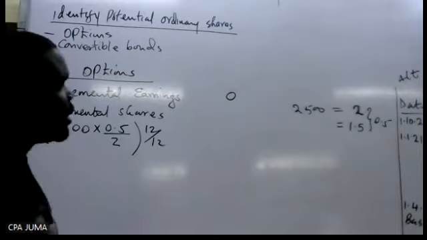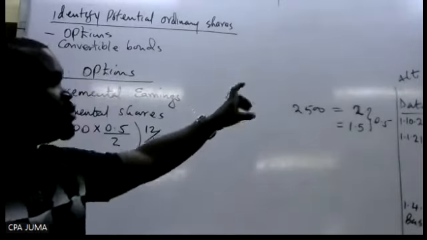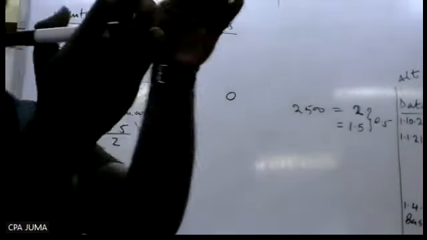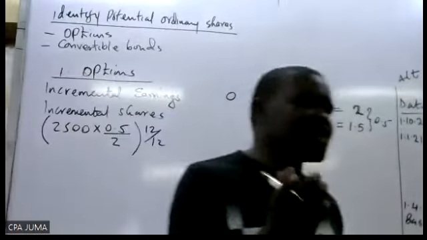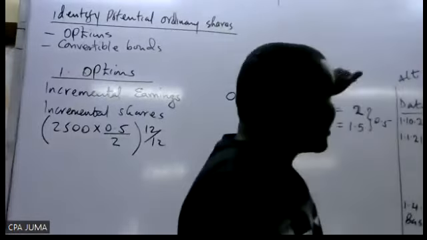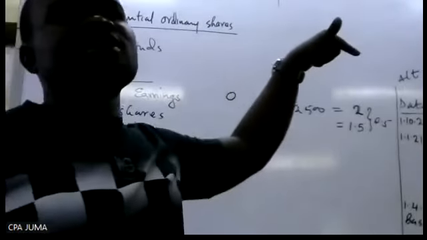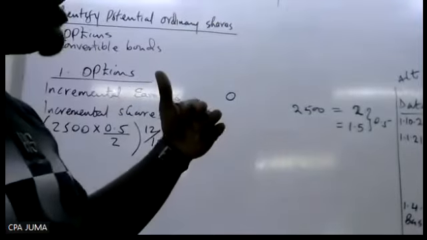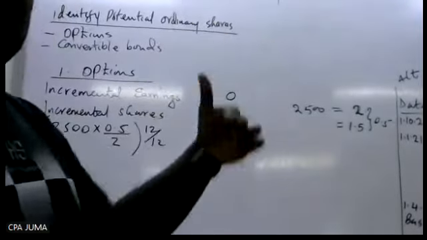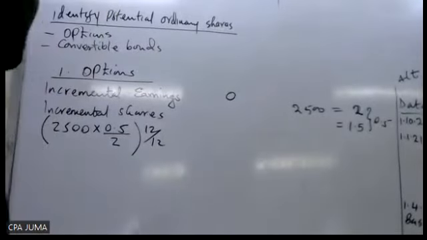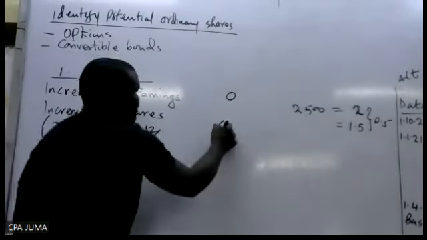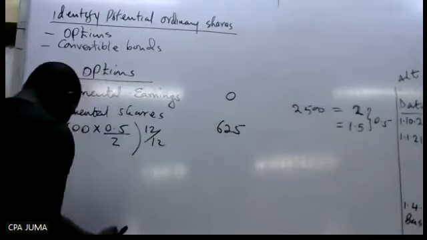So please, there you are looking at the bonus. That is not bonus per se, but that difference, in finance you call it intrinsic what? Value. The difference between the fair value and the exercise price is called intrinsic value. So the market value is 2, exercise 1.5. So that incremental is the 0.5. That is what you check. So how many shares are those? 625.